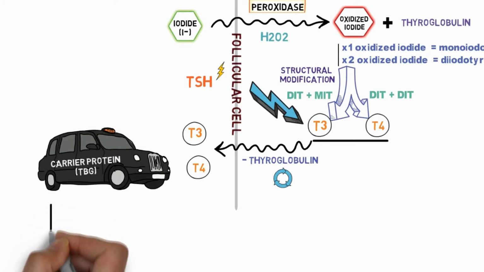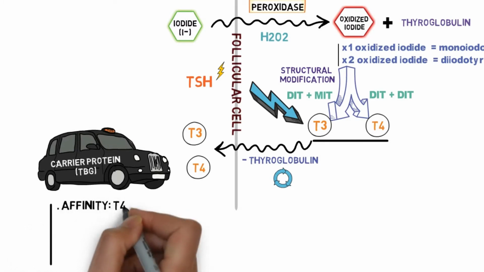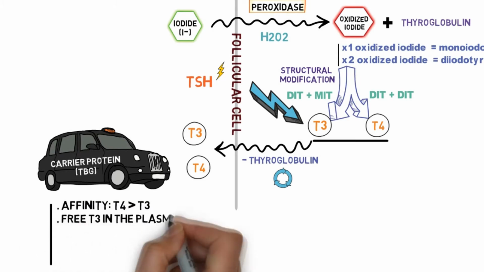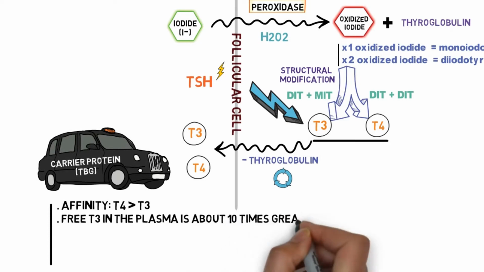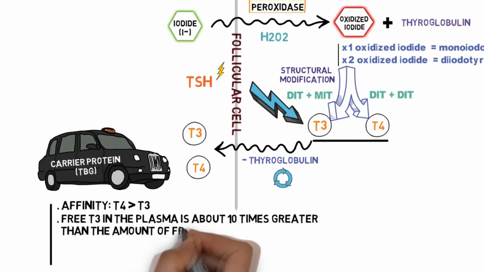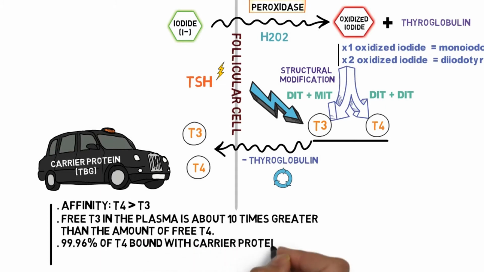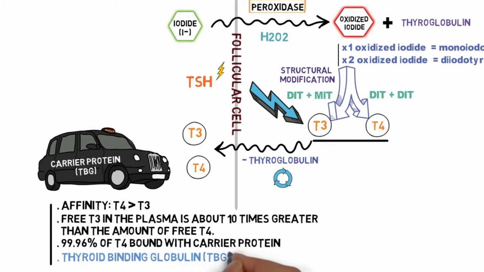The carrier proteins have a higher affinity for T4 than for T3, which results in the amount of unbound or free circulating T3 in the plasma being about 10 times greater than the amount of free T4. About 99.96% of the T4 in the blood is bound to carrier proteins, including thyroid-binding globulin, which serves as a hormone reservoir. That's why it takes a couple of weeks after a thyroidectomy procedure for the symptoms of hypothyroidism